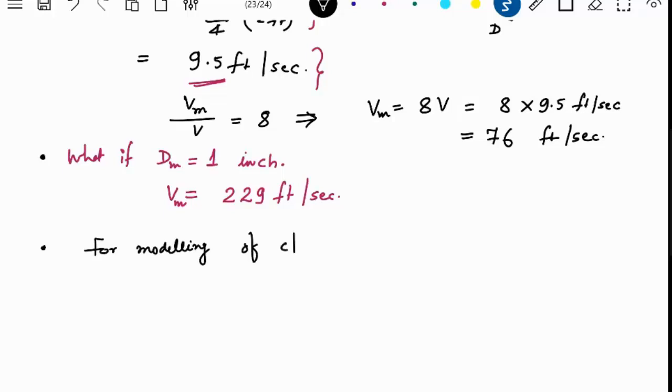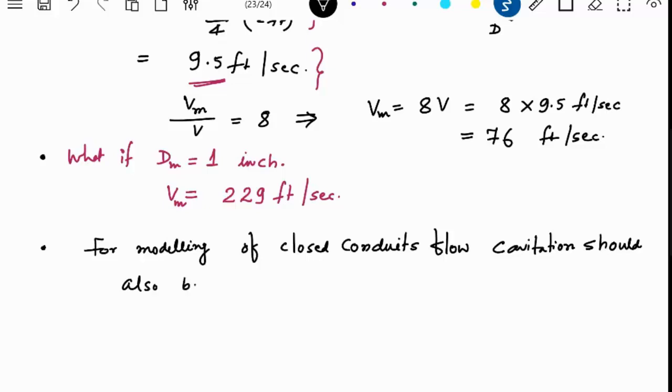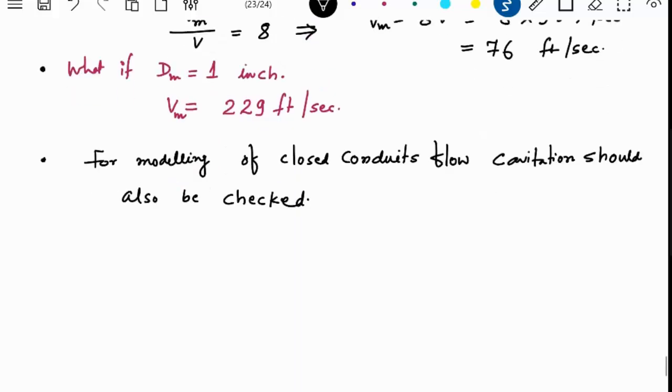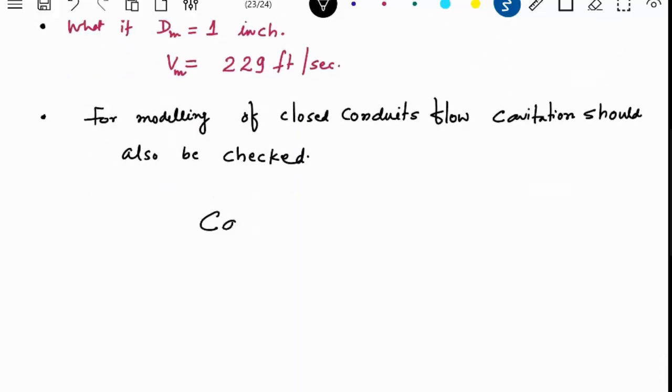So for modeling of closed conduit flow, cavitation should also be checked. This means you have to equate the cavitation number also. So this number is called the cavitation number. The phenomenon of cavitation we have already discussed. So you have to equate this cavitation number,